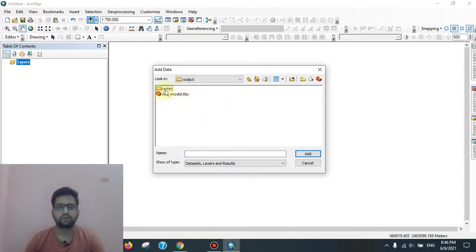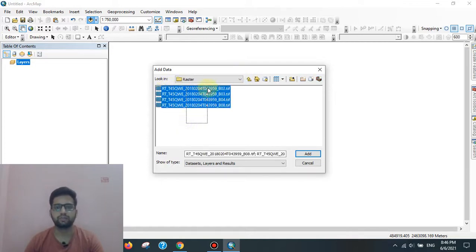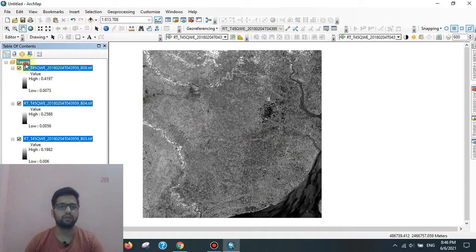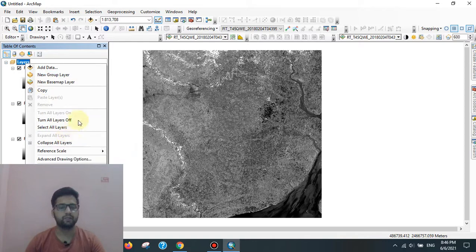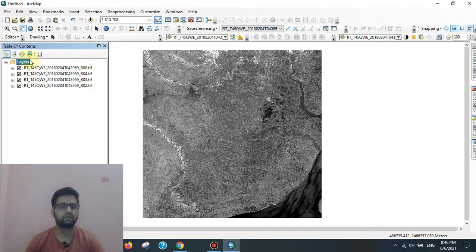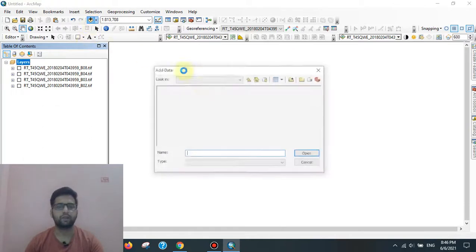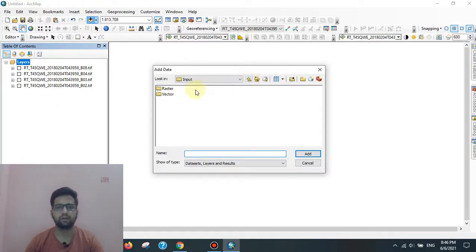At first we need to add the input. Here are some raster datasets in panchromatic format. Then add the clip feature or vector file.